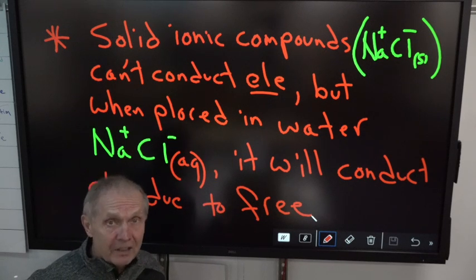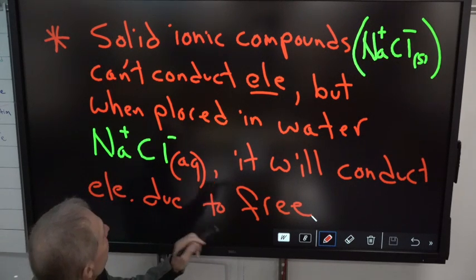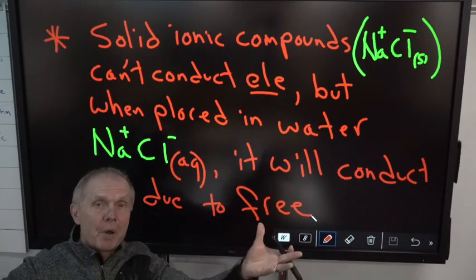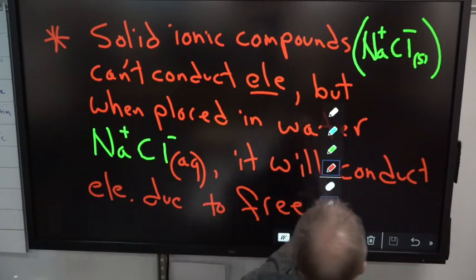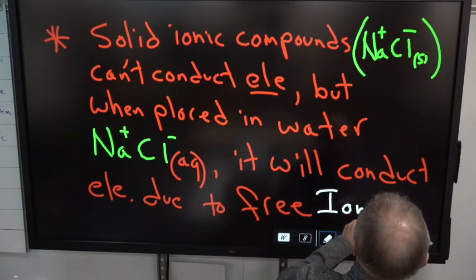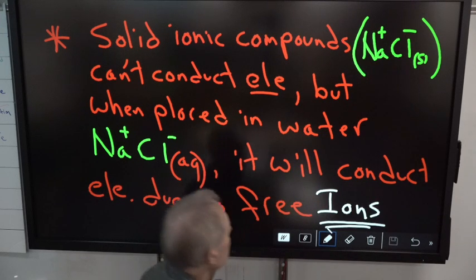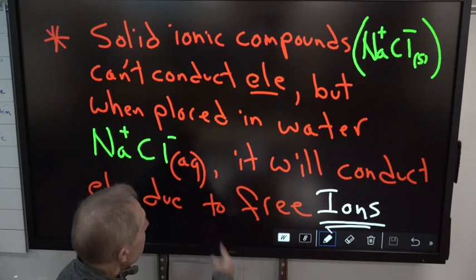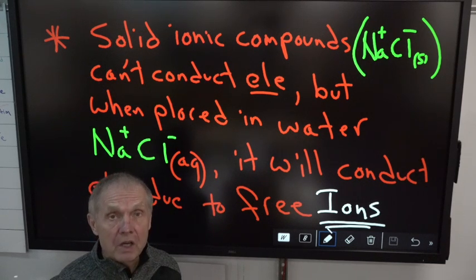Not because of free electrons. It's due to free ions. The Na plus and the Cl minus break apart. So due to free ions. So solid ionic compounds don't conduct, but if you put them in water, they will conduct due to free ions,